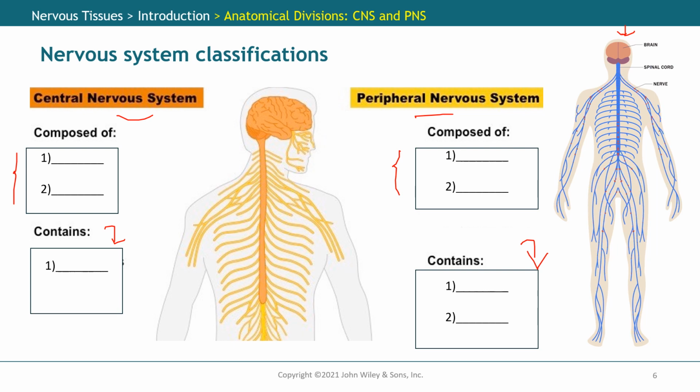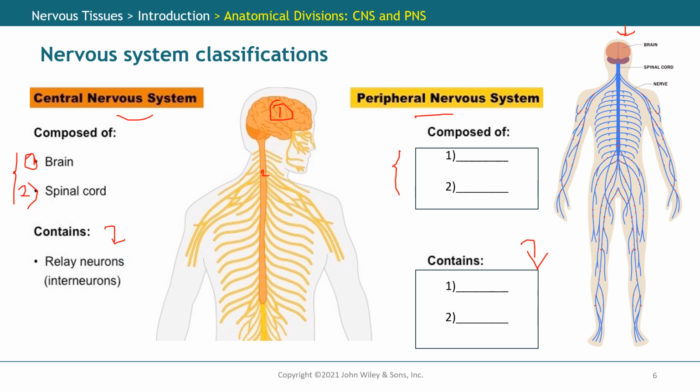So the central nervous system is composed of, number one, the brain. That is super easy. Number two, the spinal cord. You know that is here. It doesn't contain the neurons that are sensing or the neurons that are producing the effect. So it contains the interneurons, the ones that, if you remember, were in the first figure of the class